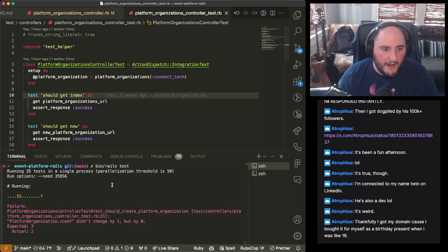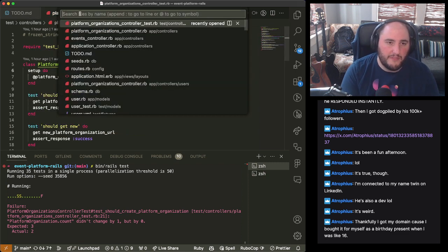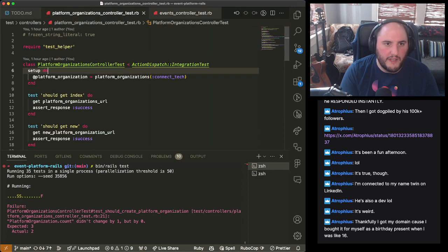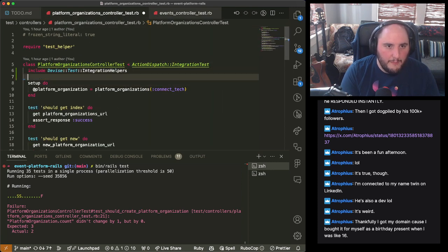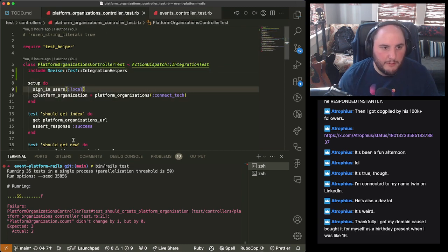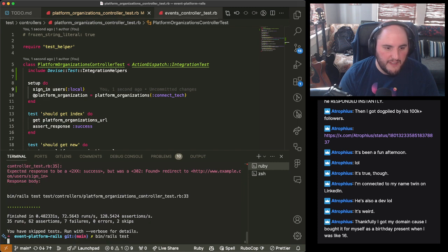What we can do is go through the test setup, where we actually log in a user. My guess is this is going to work all of a sudden, because this thing makes a pretty glaring assumption.